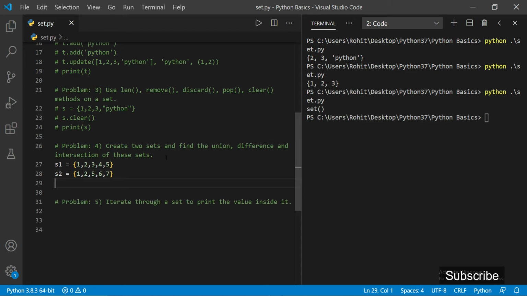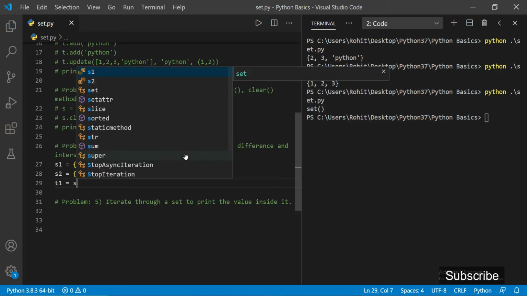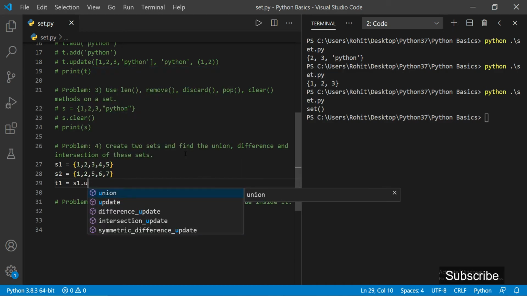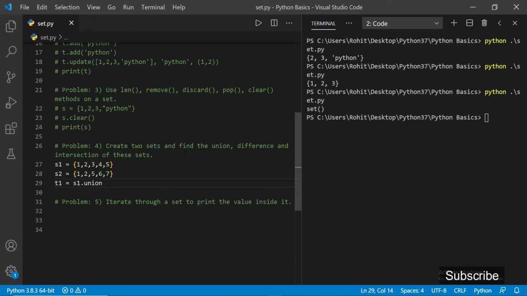If I want to join these two sets, how can we do that? Let me define another variable as t1, and then I can write s1 dot union to join these sets s2.